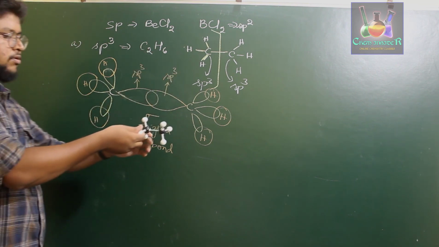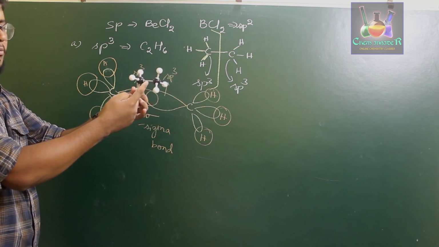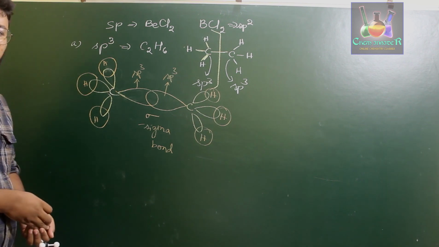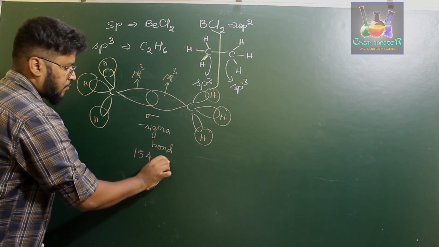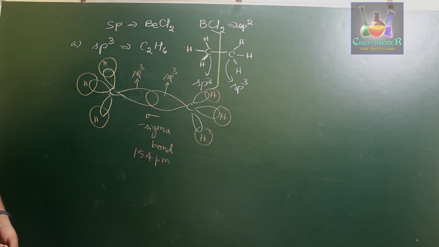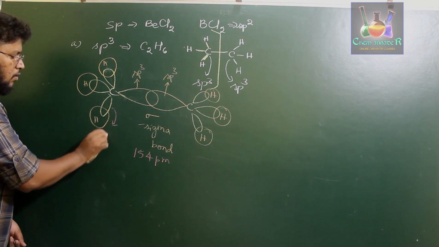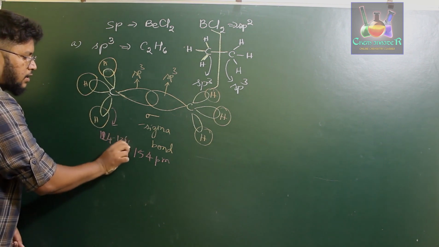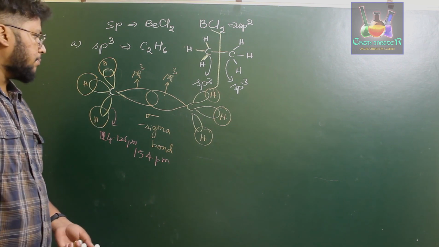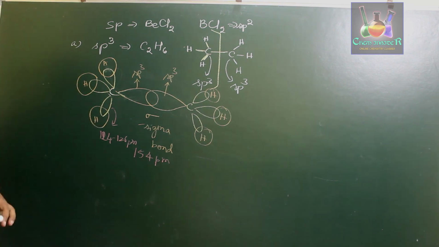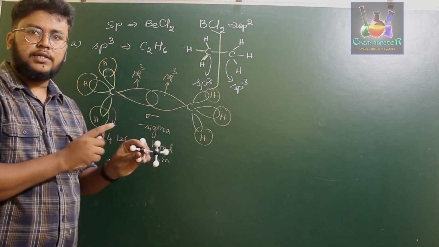So if we observe over here, the bonds of carbon with hydrogen are in white color, whereas the carbon and carbon bond is in gray color. That is because the bond length of carbon and carbon is 154 picometers, whereas the bond length of carbon hydrogen is 124 to 126 picometers. That is because carbon and hydrogen bonds are slightly smaller when compared to carbon and carbon bonds. Okay, so this is about the sp3 hybridization which takes place in the case of the C2H6 molecule.